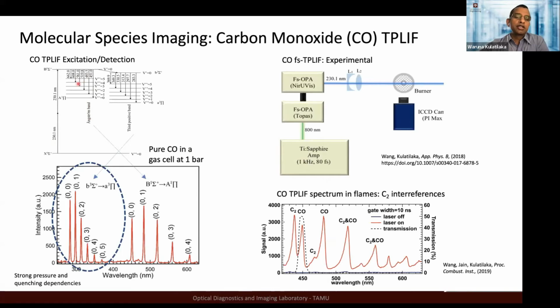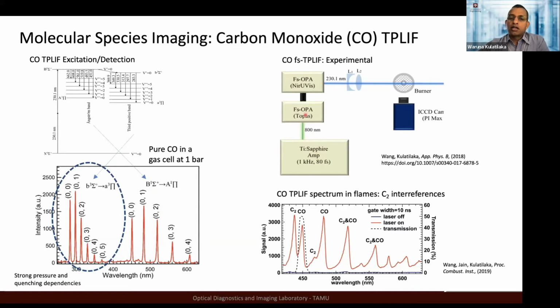Now keep in mind, because this is a molecule, we have the rotational-vibrational energy level structure. So you can have emission from the angstrom band, or from the collisionally populated third positive band. The third positive band emits on the UV side, and the angstrom band emits in the visible range. The angstrom band B1Σ to A1Π emission is the focus of this study, and has been the primary method for CO detection in flames.